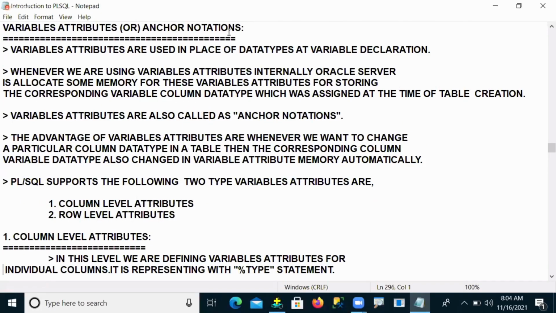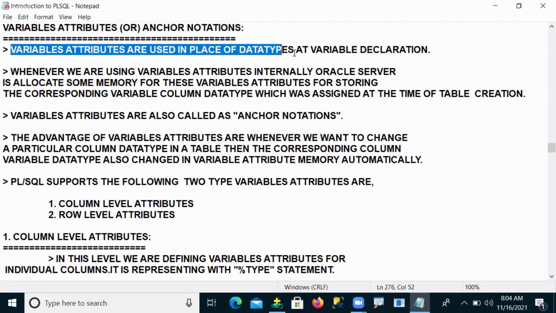So what are variable attributes? Observe carefully. Variable attributes, otherwise anchor notations, are used in place of data types at variable declaration.